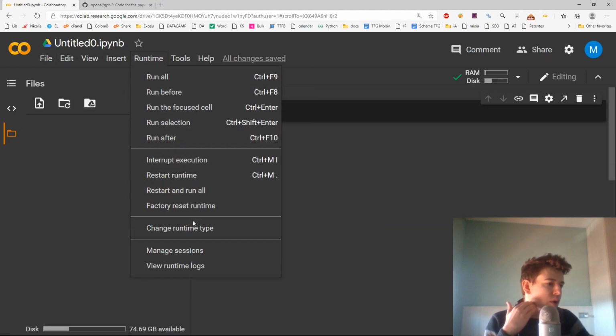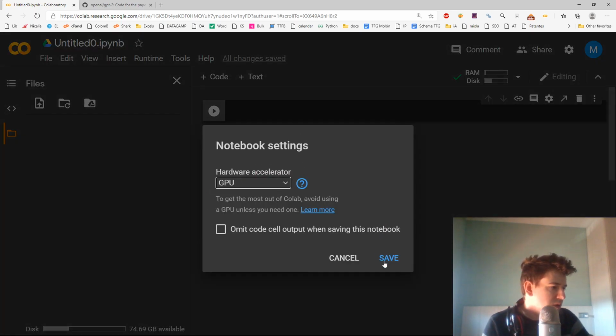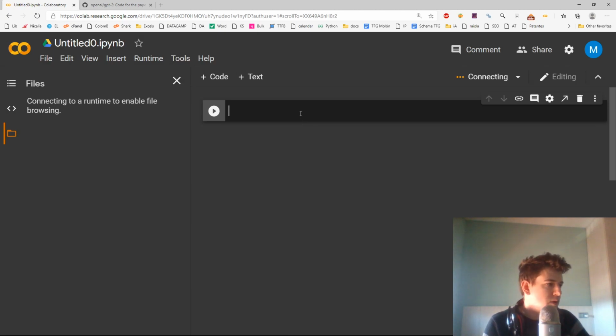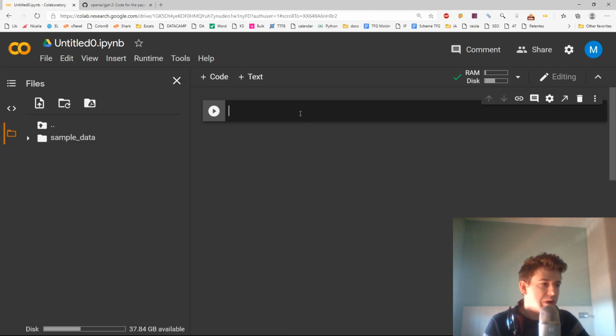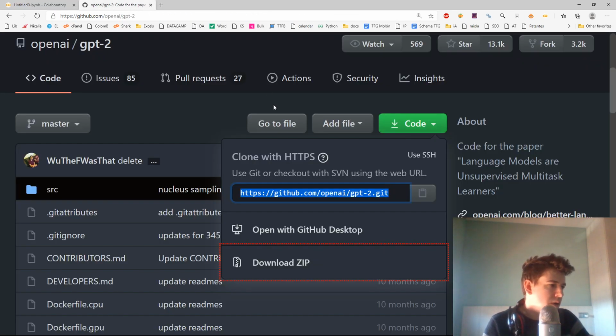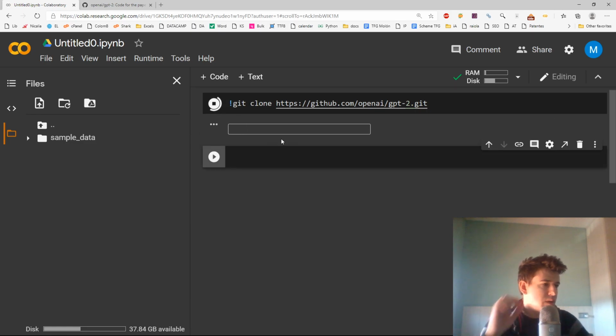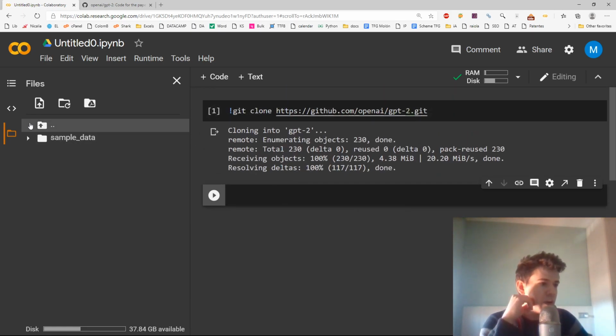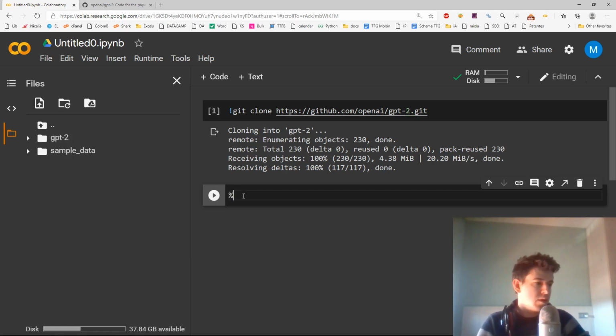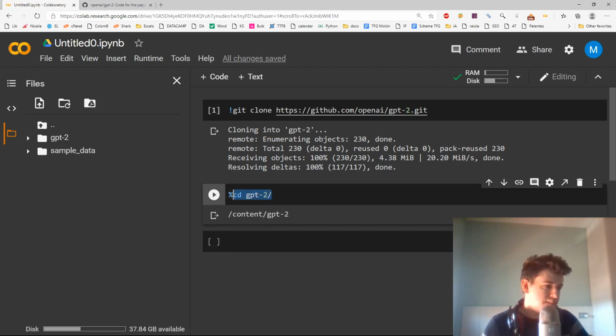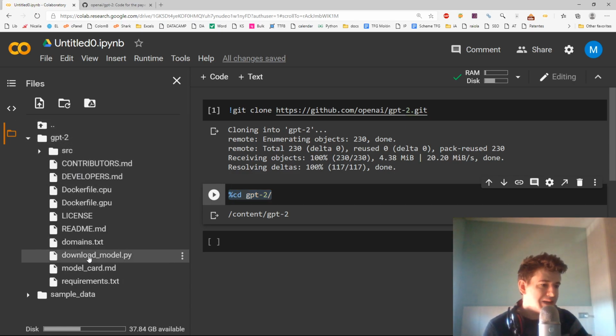Okay, we're gonna change the type to the GPU hardware, so the entire system works better and faster. The first task, pretty easy: copy the GitHub repository with just the URL. We're cloning the data, and as we can see, we have here the folder. We're gonna set that folder as our default folder, okay? And now we're gonna download the module